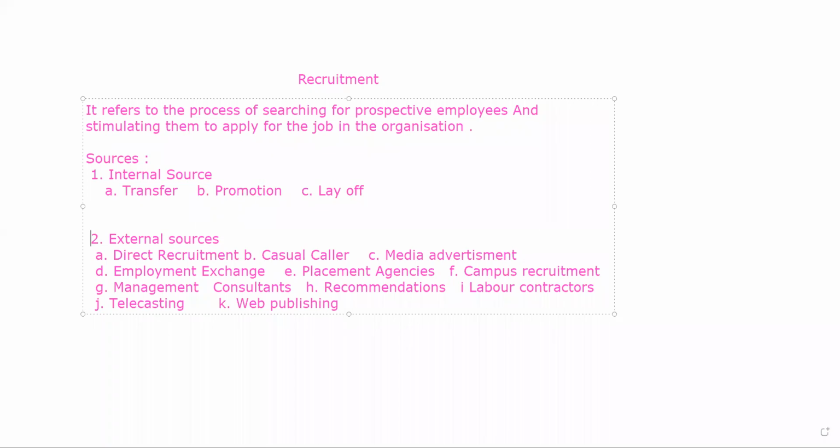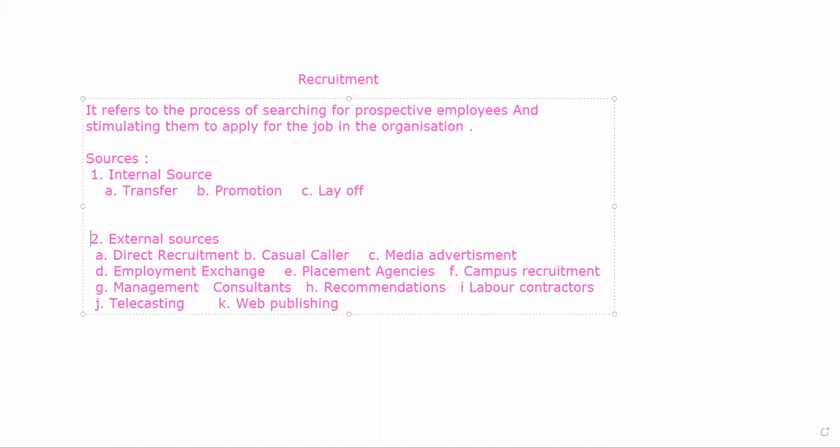Suppose there are so many branches of a business. One branch is in Delhi, another is in Karnal, another is in Punjab. They feel that in Delhi there is a surplus, while in Karnal they require somebody. The post is vacant. What can they do? They can just transfer that person from Delhi to Karnal and fill the job. That is very easy. So transfer means one person is moved from one branch to another branch, or from one place to another place. That is known as transfer, and the vacant place can be filled very easily.